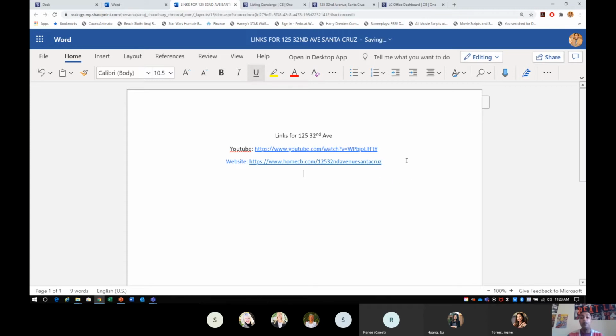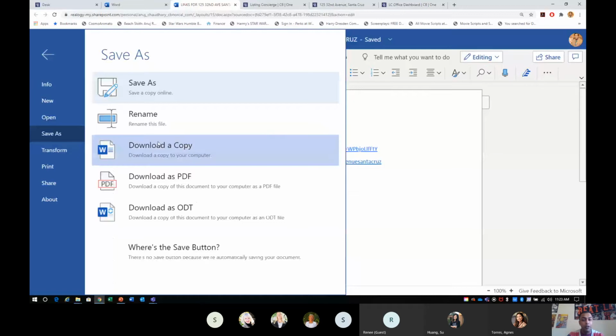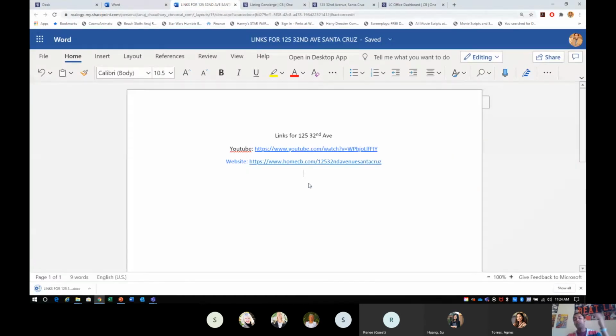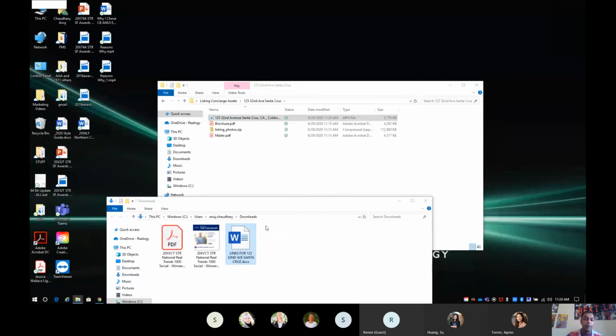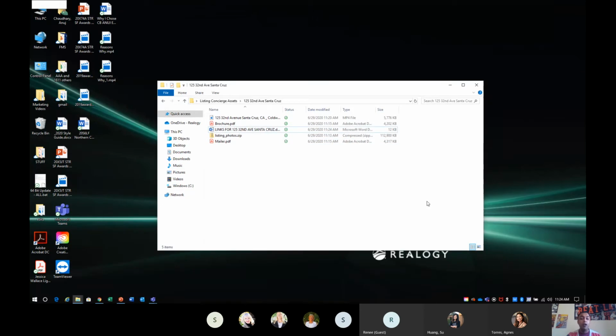And just like that, whatever links you've got, a Matterport, a Vimeo video that you've downloaded, whatever other links you have, this is where you save them. And then all we have to do is click File, Save As, download a copy. And guess what's just happened? As you can see right down here, it has downloaded a copy to our computer, which we are going to drag into 125 32nd Avenue, and now all of those assets are